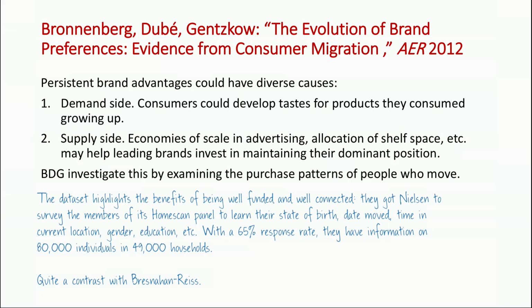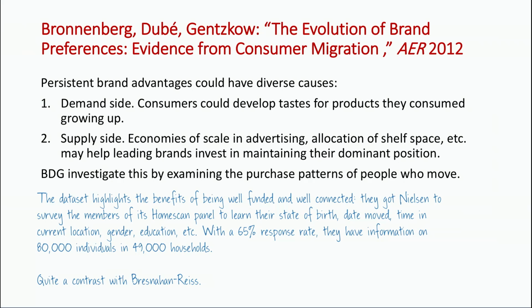The preference-based stories are people develop taste for products that they consumed growing up. I'm just used to this product, I like the taste of this product, or I just learned from my parents that this is the right product to buy. I have preferences about what this product is. The supply side stories are the ones I talked about, things like shelf space or advertising, where if you're dominant, you get the premier shelf space, or if you're dominant, it pays you to put on TV commercials. You put on TV commercials, it reinforces people's love for your product.